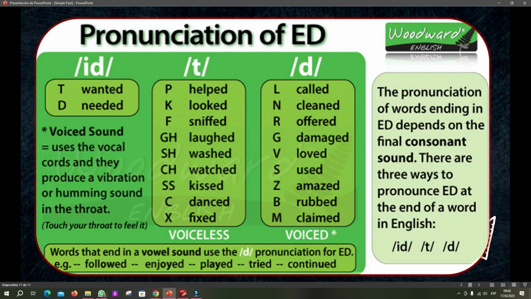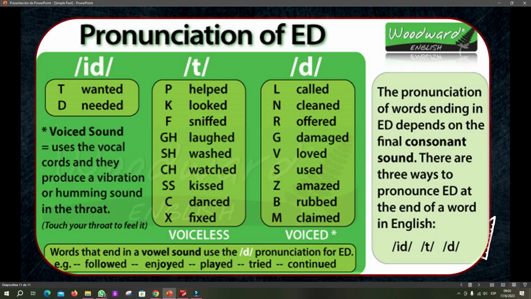Entonces, ese es un voice sound. Si ustedes tengan voice sounds, recuerden, vamos a tener el sonido de la D, en este caso. Cold, cleaned. Háganlo. Pueden tocarse ustedes las cuerdas vocales y cuando pronuncien estos verbos damaged, van a sentir que sus